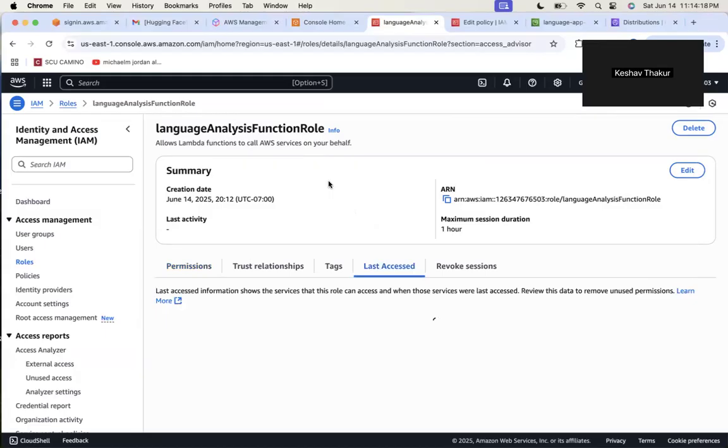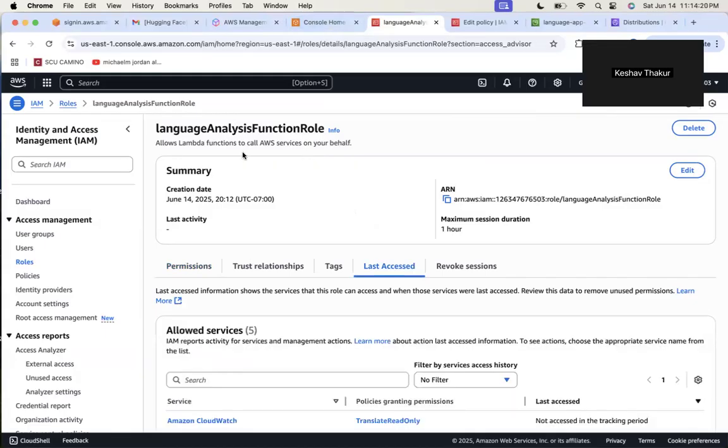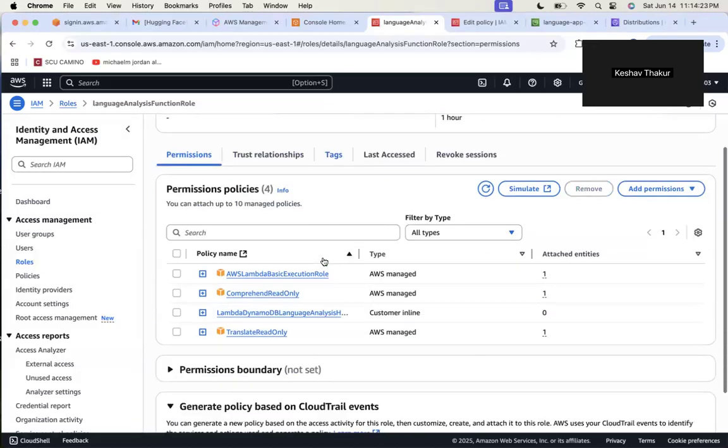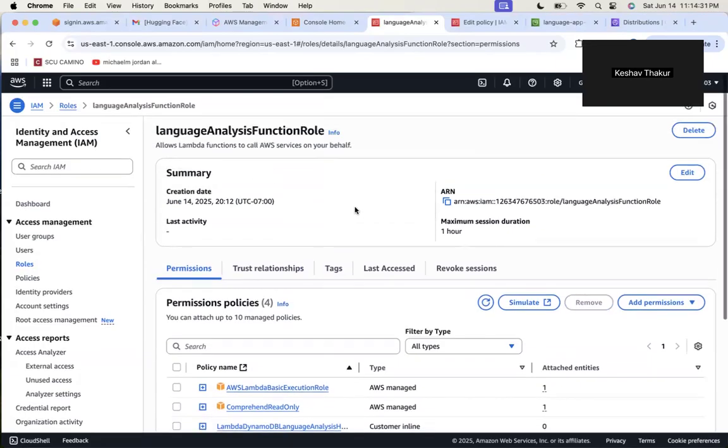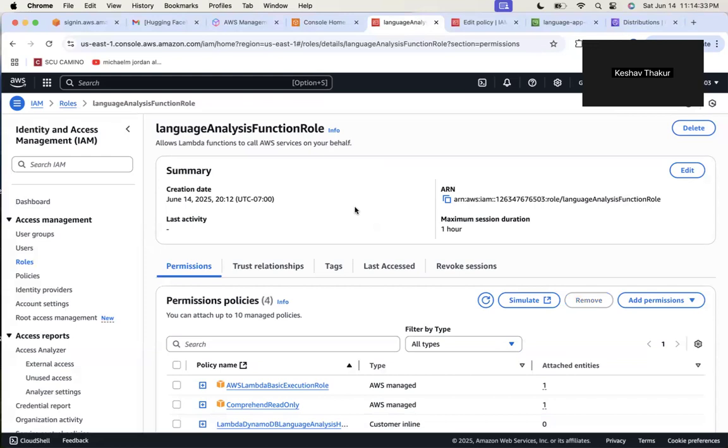I also made an IAM role with permissions where you can see the basic instructions. Let's see here. Yeah, AWS Lambda basic execution role, Comprehend read only, and Translate read only. These were policies that need to be added before I could generate the role itself. Then it also has a custom inline policy for DynamoDB access, which I had to add in order to query